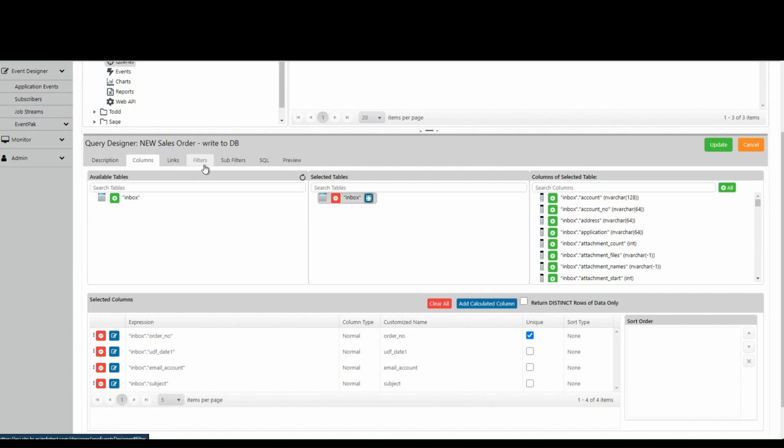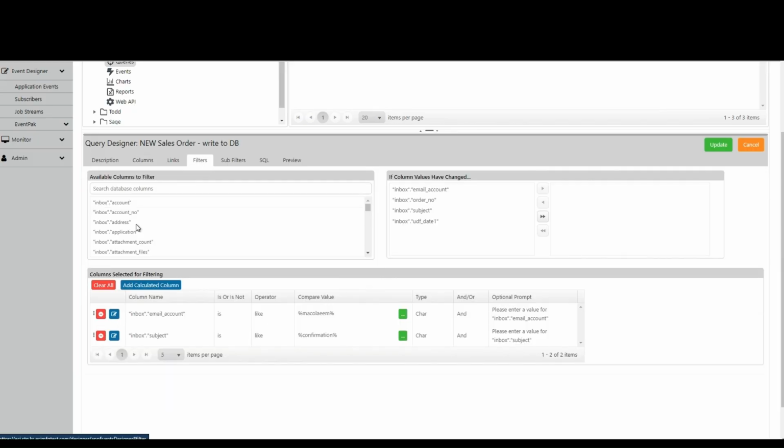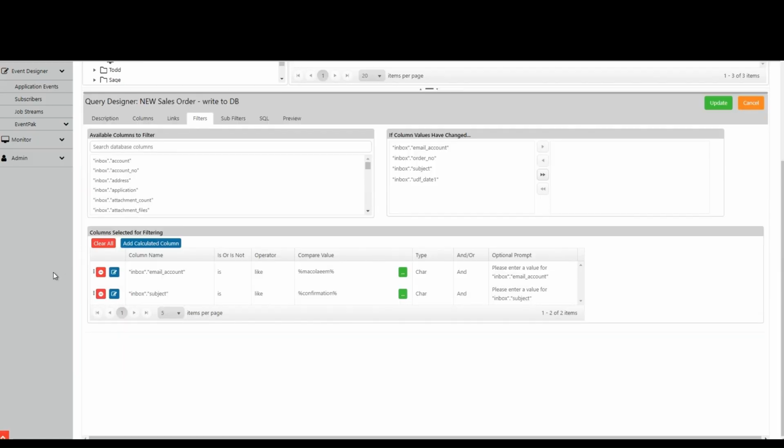We'll move to the Filters tab, and you can see that we have two filters. The first is the email account that we will be monitoring. We are saying that it is like for the operator, and then a portion of the email address with percent signs on both ends. You can use the operator equals to and key in the entire email address if you would like. This is a character in the type field, and we'll use and to include the second filter,